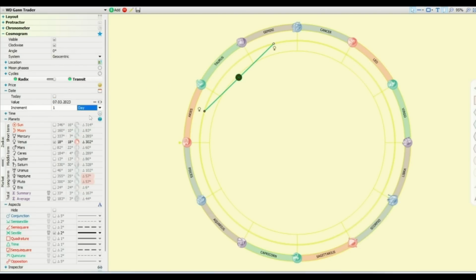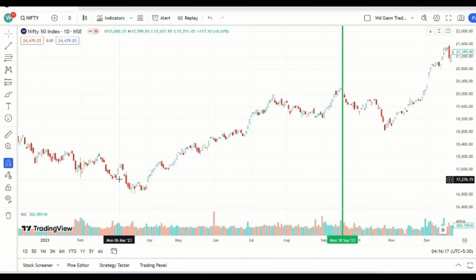Now let's go more back in the past. Change it to day. Yeah, correct. So the date is 6 March 2023. So let's mark it on the Nifty chart. So here is our date, 6 March 2023. As we have seen, whatever the date we have got, after 1 or 2 days of that date, the reversal starts. Here you can see that after 2 days from 6 March, we can see a very good reversal in